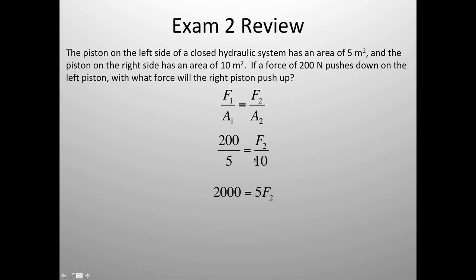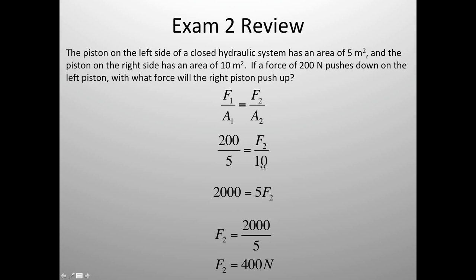200 times 10 equals 2,000. And then that equals 5 times the second force, or the force on the right side. To solve for F2, we need to divide both sides by 5, and you end up with 2,000 divided by 5 equals 400